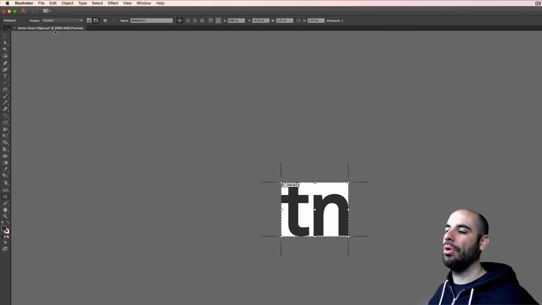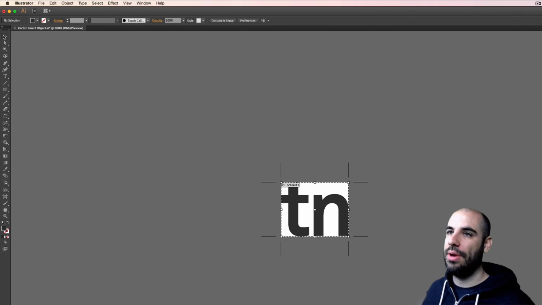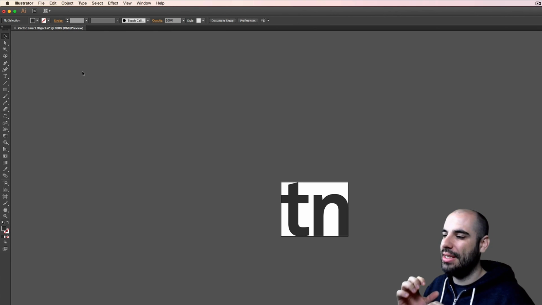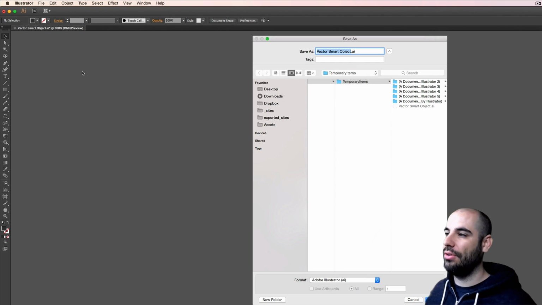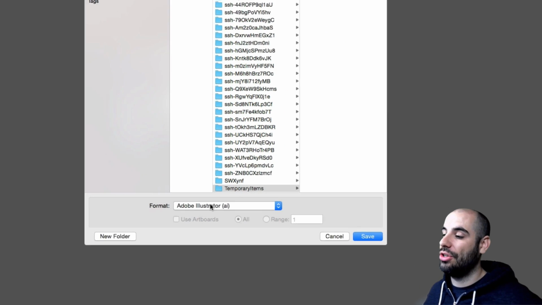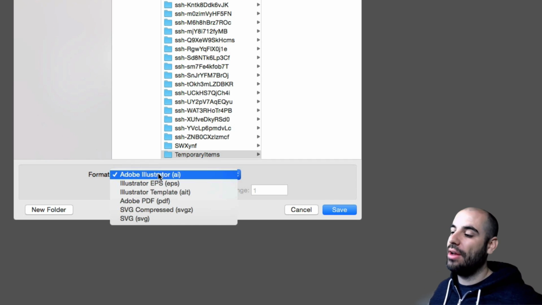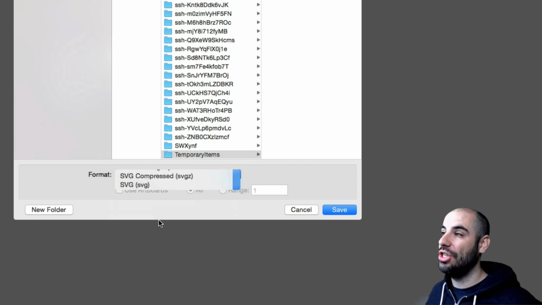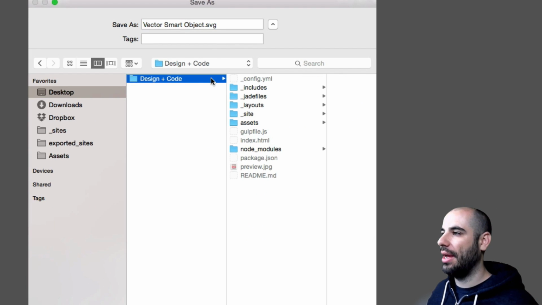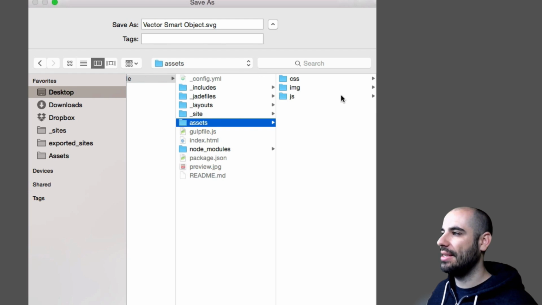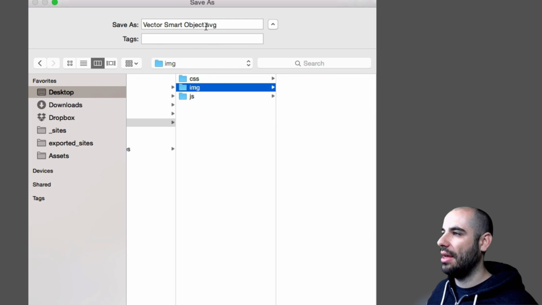So that way you can be more controlling over the boundaries of the graphic. So now that we've cinched up the artboard as tight as it can be to the actual art, I'll press Command-Shift-S to save it, and I'll change the Illustrator file save type to SVG. And then I'll go to the desktop, find my project, go to Assets, Images, and I'll put